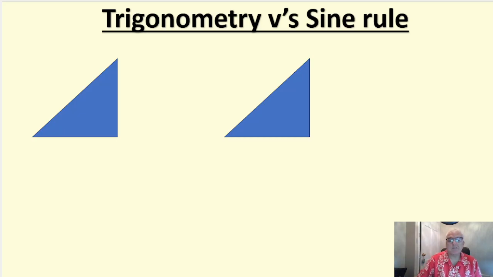This time we're going to look at the benefits of using SOHCAHTOA for finding missing sides and angles in trigonometry versus the sine rule. Each has its merits and we'll have a look at the benefits of both. So if you're looking initially at using SOHCAHTOA,